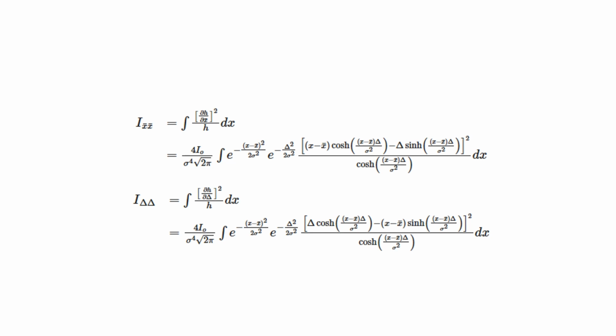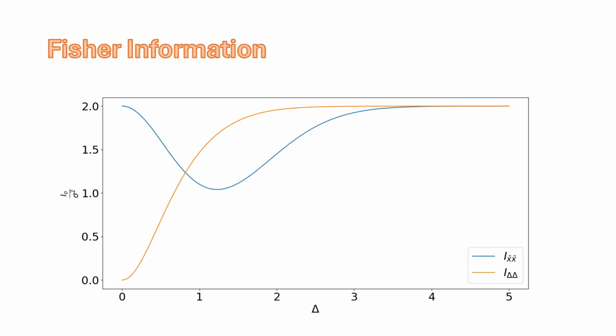We can look at this Fisher information as a function of x bar and the Fisher information for x bar and delta as a function of delta. And what you see is something like this. The interesting thing is that as delta, the separation between the 2 point targets, goes to 0, the Fisher information goes to 0. So here the Fisher information when delta is 0 is 0. And so, of course, if delta is not small but not 0, the Fisher information is non-zero, so we can